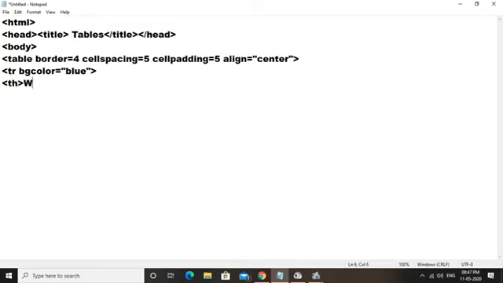Then the first row is a header row, so we will use th for table heading. What are the headings? First is vendor number, then name, then country, then place, then created in, and the next heading is created by.